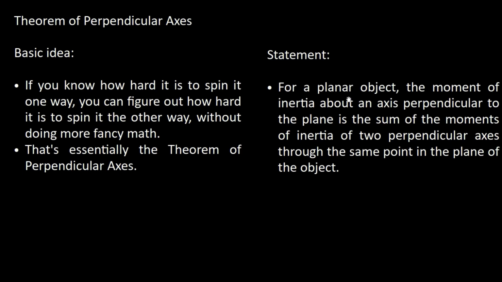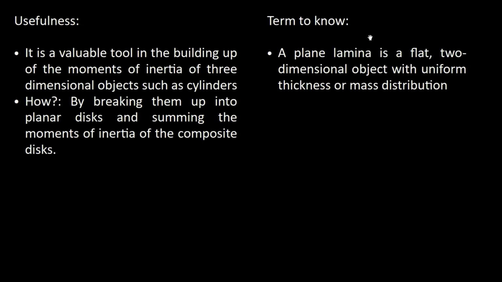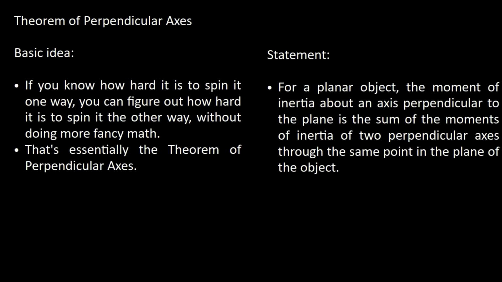Let's look at the statement again. For a planar object, so first thing is I need to define a plane lamina. I kept using that, but I didn't define it. A plane lamina is a flat two-dimensional object with uniform thickness or mass distribution. You need to understand that you have to have this as the standard object that is under rotation. If not, we can't use it. Keep that in mind. So for a planar object, the moment of inertia about an axis perpendicular to the plane